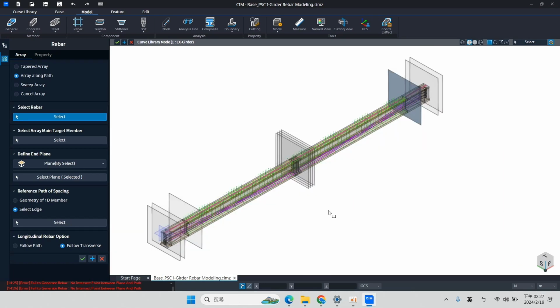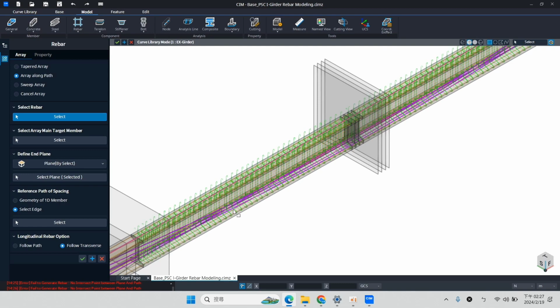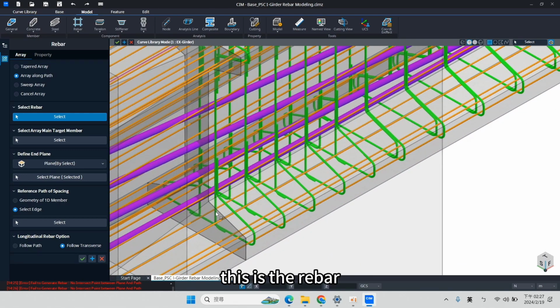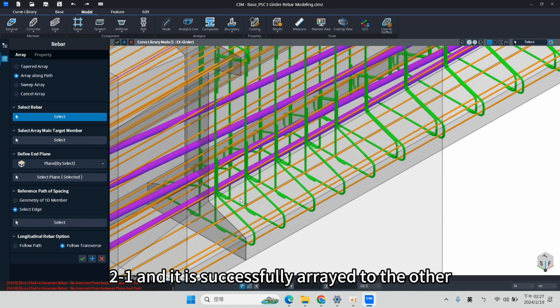So this, as you can see, is the rebar 2-1, and it is successfully arrayed to the other.